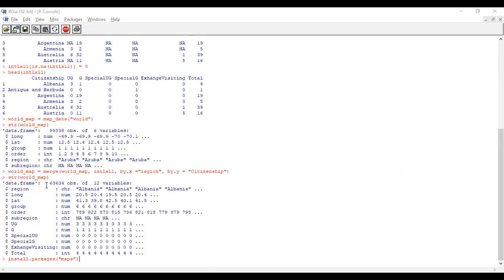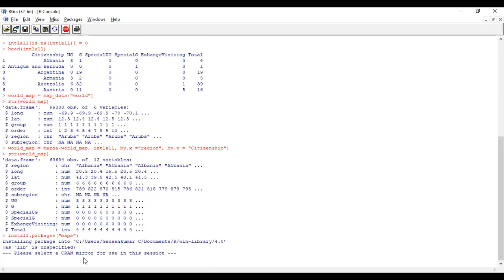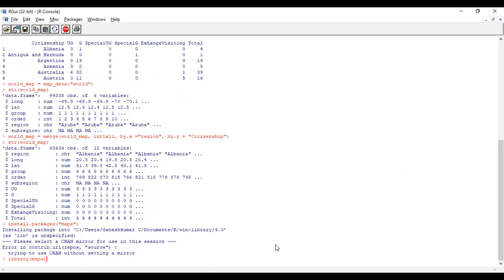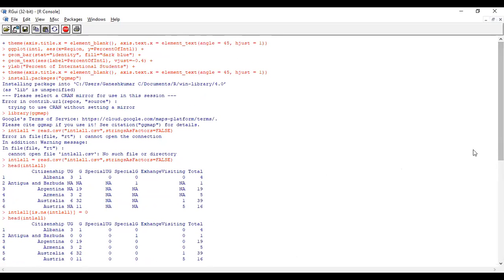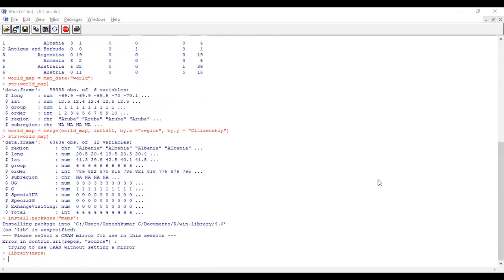Then you have to call the library. I already installed it, so I'm directly calling the package. After this, you run these commands. Two packages you install. One is ggmap, sir. Okay, then try this also. Now try and check if anything is working. Two packages you install, then you try.